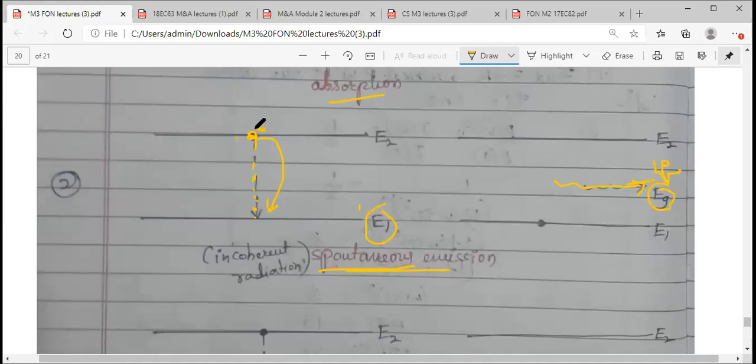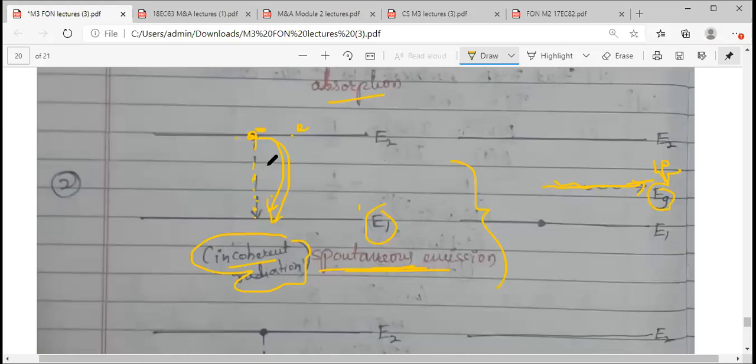Randomly, the electron in the higher level, without you doing anything here, you are not supplying anything from outside. The electrons in the E2 level will naturally come back to the stable state, and while doing so, it is emitting radiation, light, a photon. So this is spontaneous emission. Whatever photon or light is emitted here is incoherent. This case we have already seen in LED, it is incoherent.